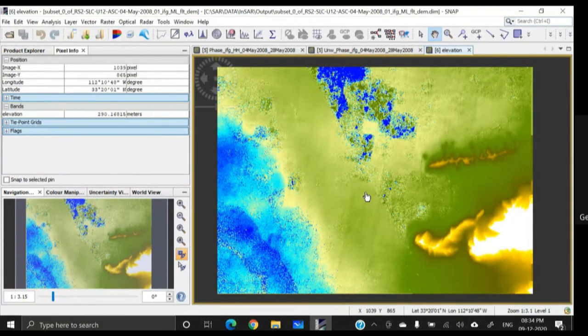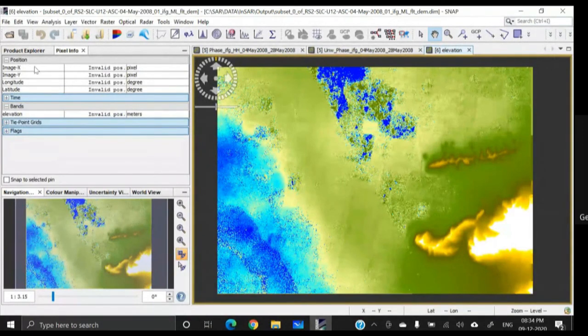For example, for hillshade analysis, viewshed analysis, watershed analysis, and several other things this digital elevation model will be used. So before exporting to any other software, we need to convert it into a geometrically corrected image with north side up orientation.